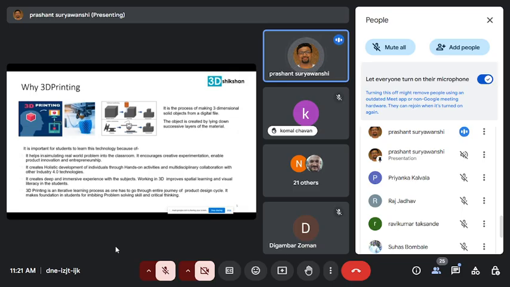This Made in 3D program involves top schools in Pune. They have chosen 10 schools, and these schools have been given some funding, and their objective is to create a pseudo startup, I mean a pseudo product using 3D printing technology.